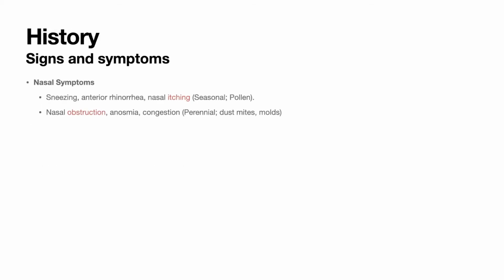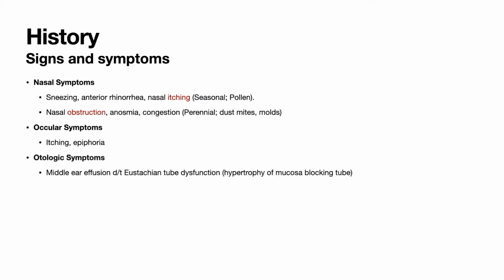It is important to elicit a thorough history from a patient. A patient may complain of nasal symptoms. Although not mutually exclusive, keep in mind some differences between the more seasonal, intermittent appearing allergic rhinitis with irritative symptoms versus the perennial type of allergic rhinitis with constant exposure to allergen in a patient with obstructive symptoms. A patient, especially with the intermittent seasonal type of allergies, may complain of itchy and watery eyes. A patient may also complain of difficulty hearing due to middle ear effusion, and it goes without saying that it